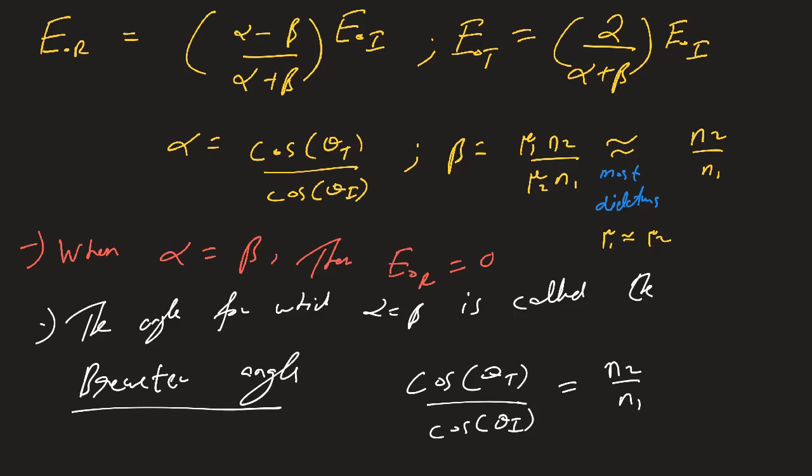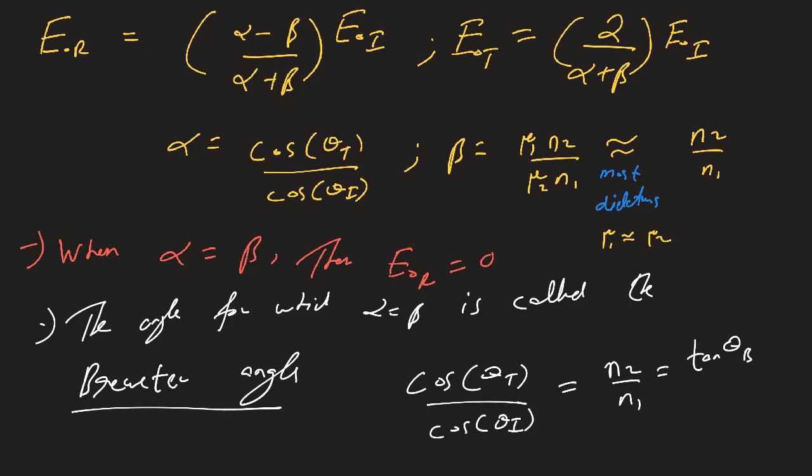You can simplify this quite a bit, and if you do that, you can show that n2 over n1 is equal to tan of theta b,